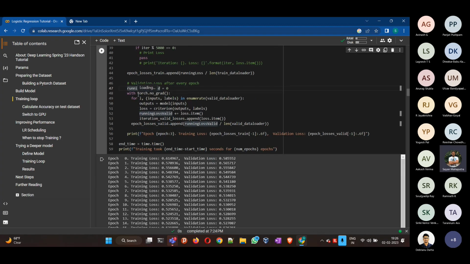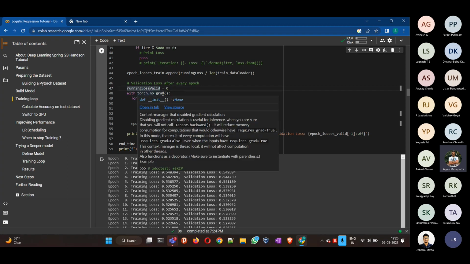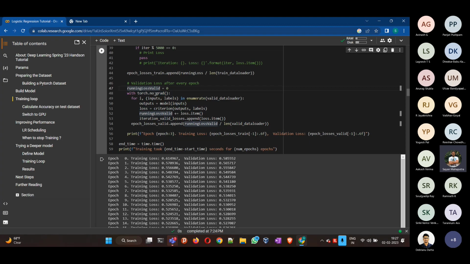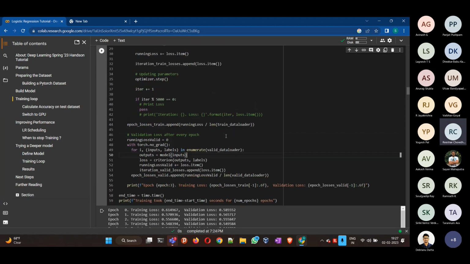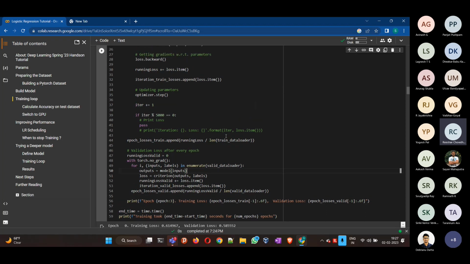And since in evaluation mode we don't use any gradient calculations, we are going to set torch.no_grad. This is actually better and more memory efficient. Now, iteration mod 5000 equal to 0. So this part,